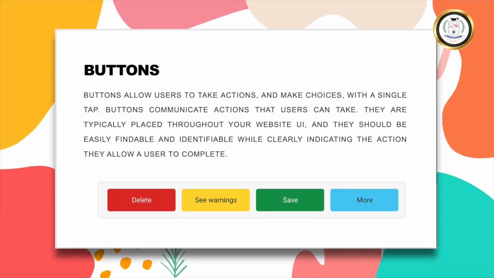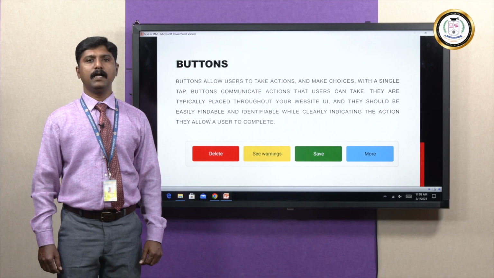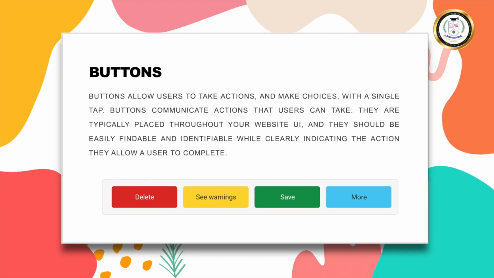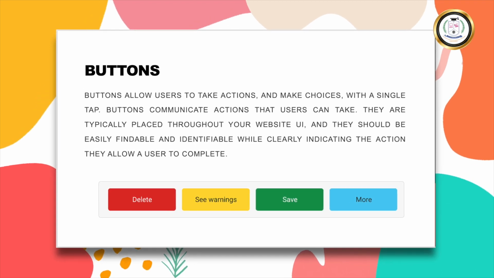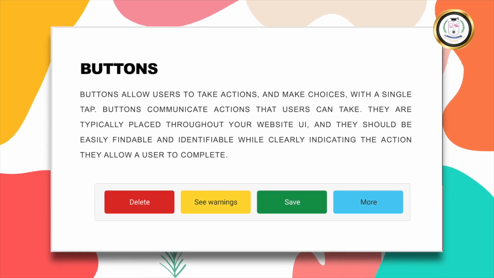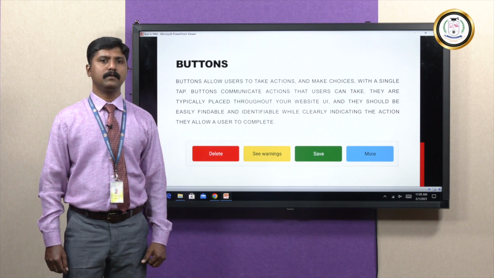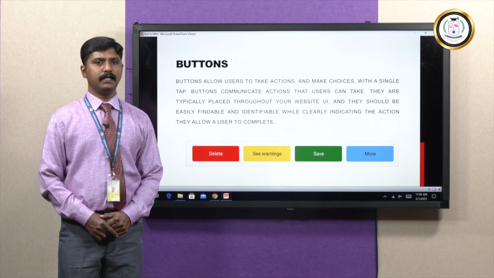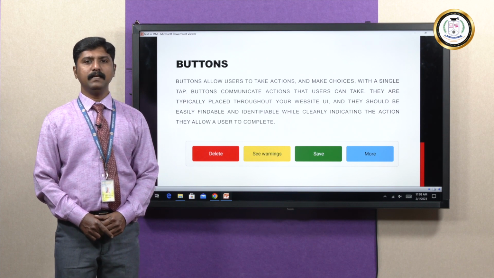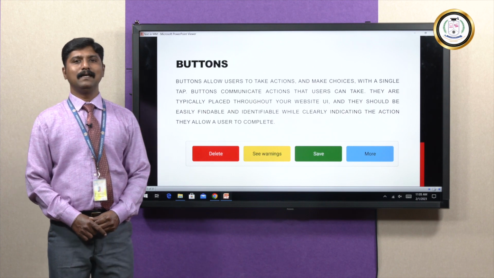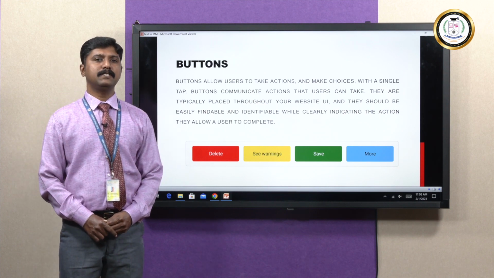So next is button. Buttons allow users to take actions and make choices with a single tap. Buttons communicate actions, choices that the user can take. They are typically placed throughout your website UI. UI is user interface, and they should be easily findable and identifiable while clearly indicating the action they allow a